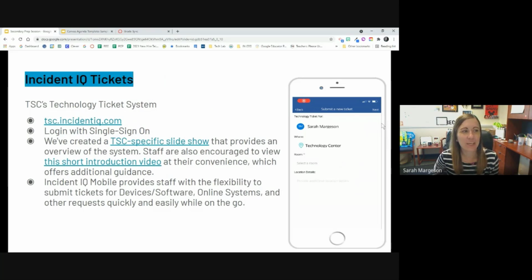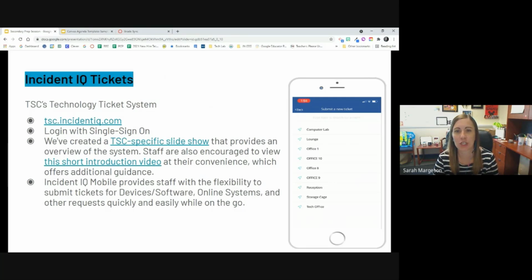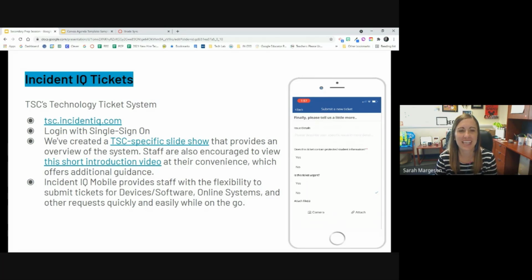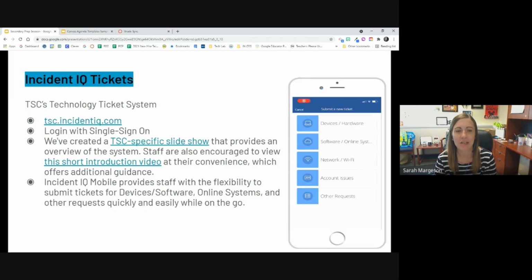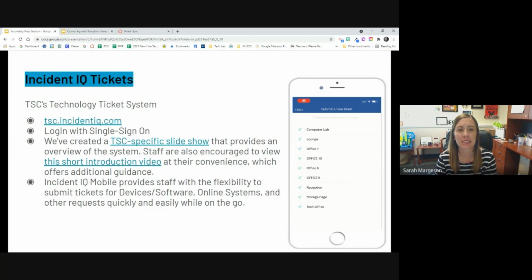All right, finally, we're going to go into some Connected Learning team supports as we begin this school year. Last August, in all of the turmoil, we also decided to introduce a new ticket system to TSC. So we've been using Incident IQ for about a year now. Just as a reminder, you're able to submit